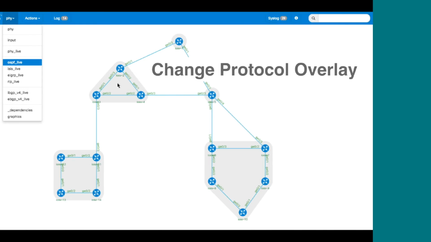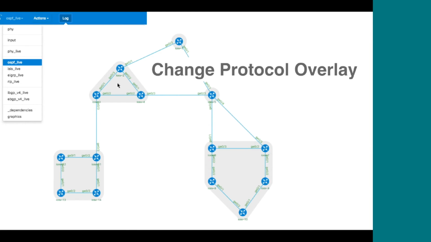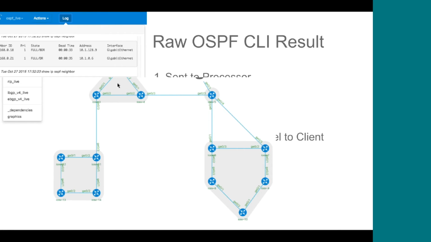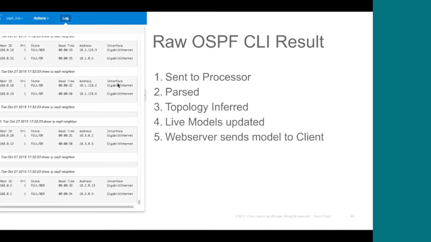So what this one is going to show is a topology visualization piece, which is actually what we originally started out with in the live visualization. Everything else has sort of grown around that as we've added functions. So what we can do is if we change our protocol overlay from that menu over on the left to OSPF Live, it will switch us to the OSPF Live view from the live data model, so request that from the models piece. And it will also send across the OSPF collection command to each device. And that's what we can see in the raw log here.